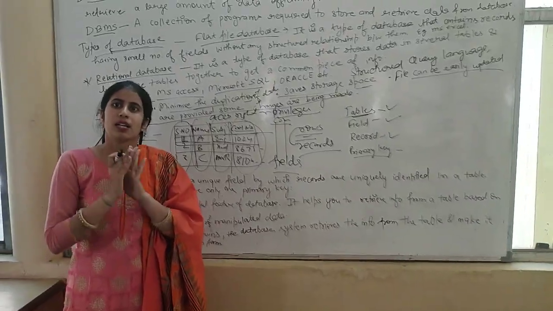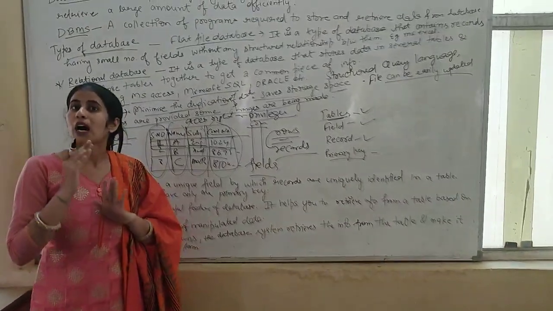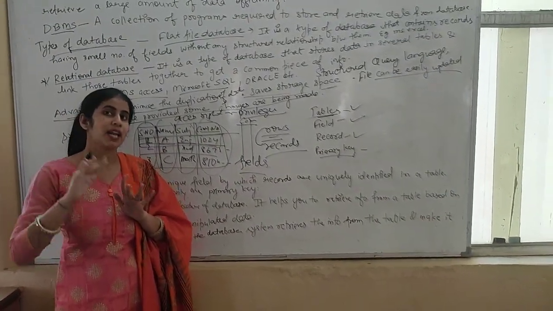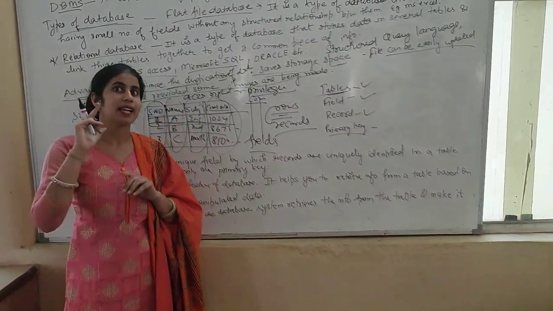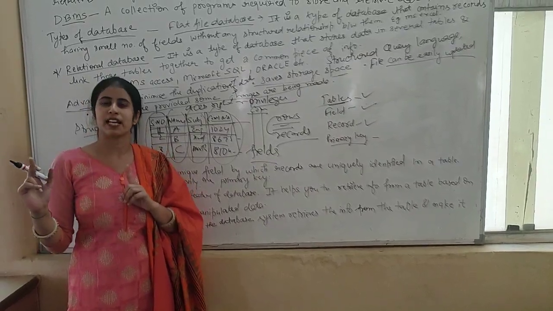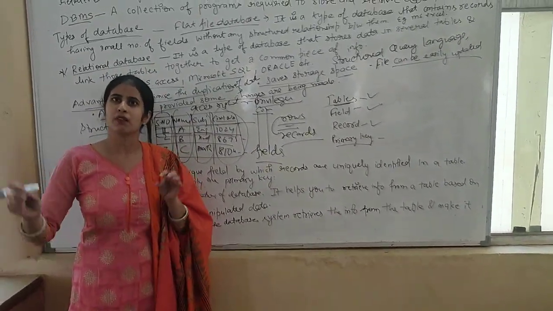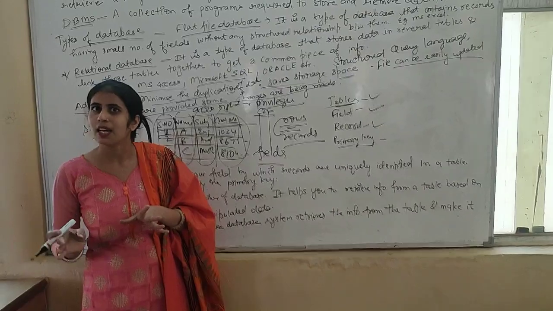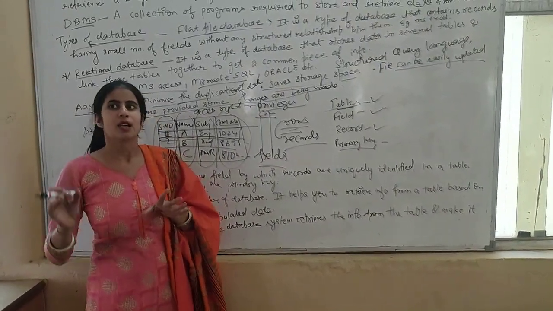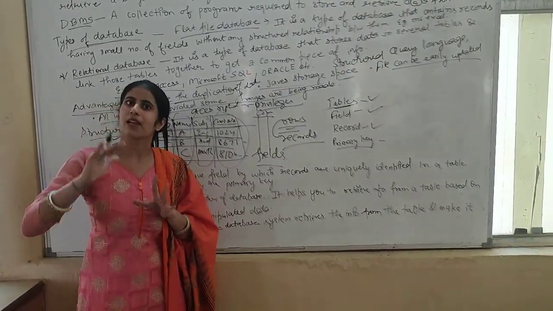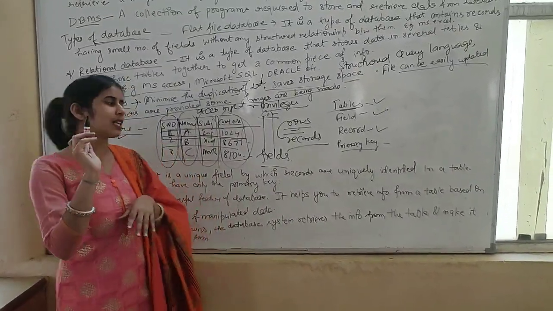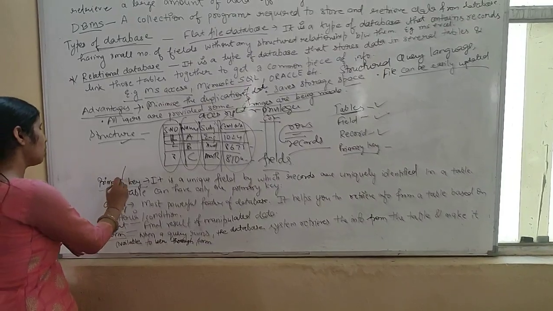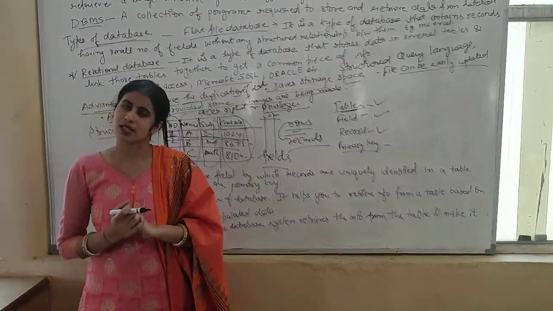Suppose vehicles are going on. How are we able to identify which vehicle caused an accident? That is with the help of the vehicle number. Only that vehicle number does not match with anyone. Wherever we are, in whichever area or city, if an accident happened, we can find the record of the individual person very easily. So it is the most important part of the database. Okay, thank you.